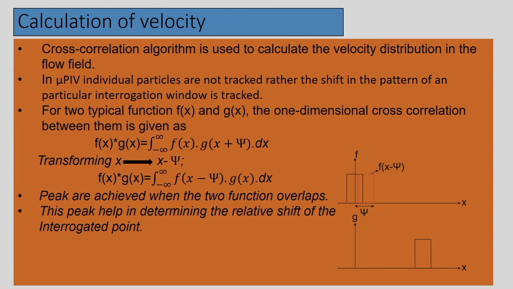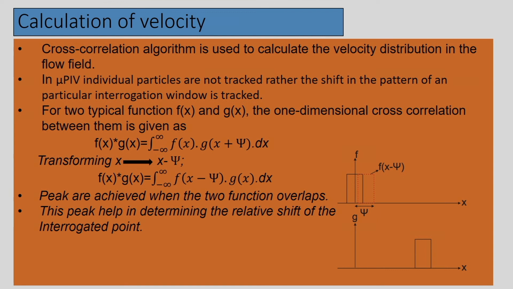In autocorrelation, both the initial and final positions of the seeding particles are recorded in the same frame. If we record in the same frame, it is very difficult to identify which was in the first and which was in the second, and to avoid that, the cross correlation algorithm is used. If you try to recall what is done: the flow field is illuminated, the image is captured in the first frame, the camera frame is now advanced, and the final positions are recorded in the second frame.